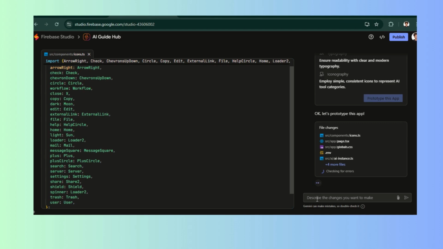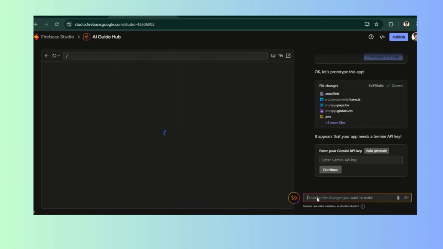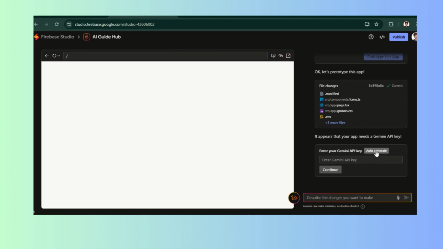So yeah, of course, after the result is generated, you can also alter the result. You can describe additional features you want, or even if you don't like the result that was generated, you can just type here what you want, and then you can get updates automatically. So yeah, it's being rendered in here, but for that we need an